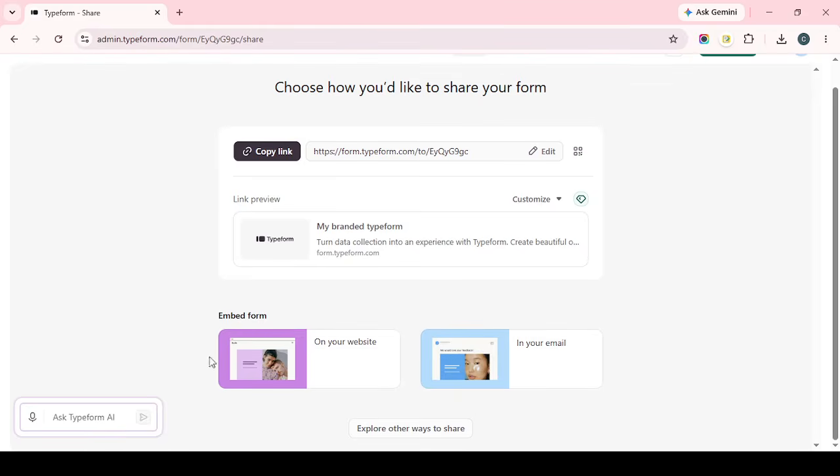If something doesn't appear right, the first thing to check is whether the full embed code was copied and pasted correctly. That's it. Once saved, your Typeform should now be embedded directly inside your ClickFunnels page, giving your visitors a seamless way to